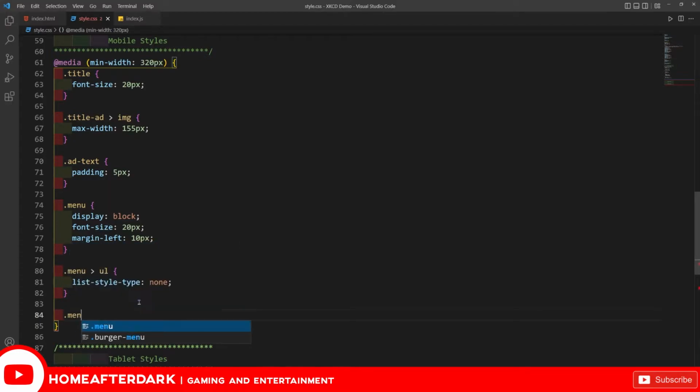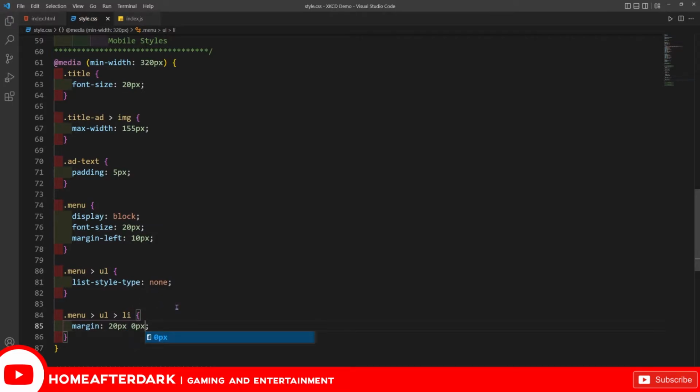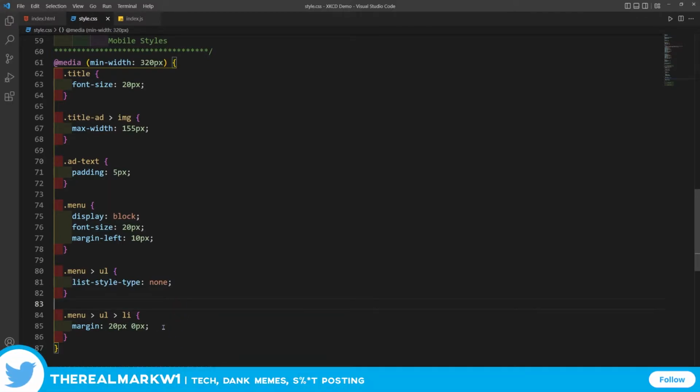And then I want to drill down a little bit farther into the line items themselves. And I want to do a margin 20 pixels, 0 pixels. So I want to put 20 pixels on the top and the bottom of my menu here. And so this should give us a